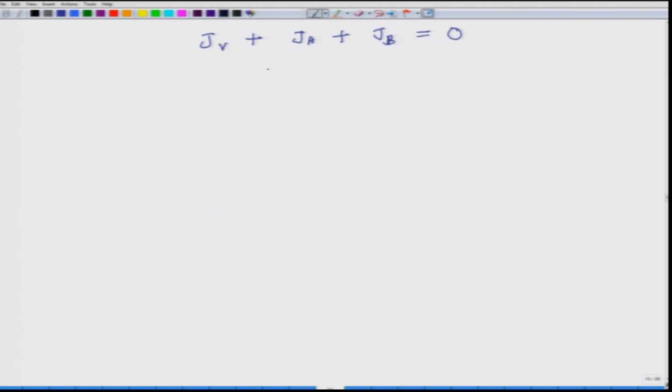So, in order to avoid that dilemma, this is the mass conservation relation that we will arrive at. Flux of all the three constituents should come to 0. Therefore, JV is equal to minus of JA plus JB, which we derived last time in terms of del C by del X. So, we can write it as, so we have derived it in terms of del C A, in terms of constituent A.